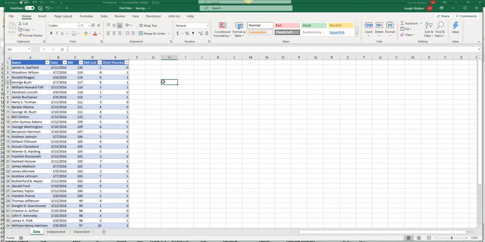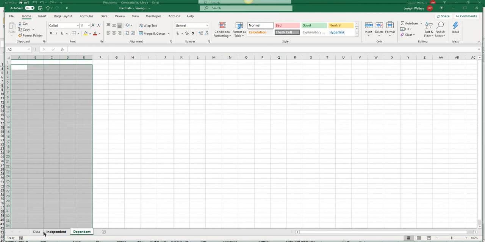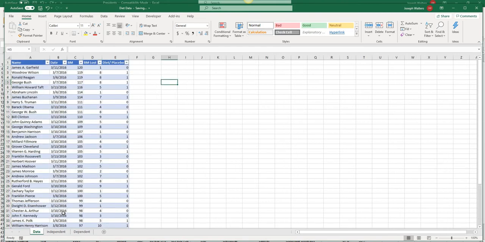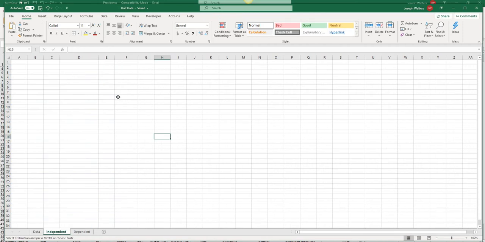We have a table. But now I want to conduct both an independent and a dependent t-test with the data I have. And again, this is going to be hypothetical. So what we're going to do first is extract some of this data. I'm going to steal some of these headers, and what we need is name and body mass loss. So copy that, go over to independent,